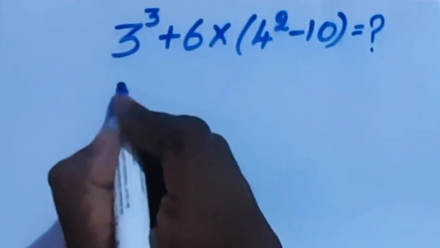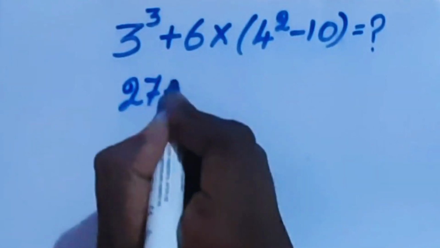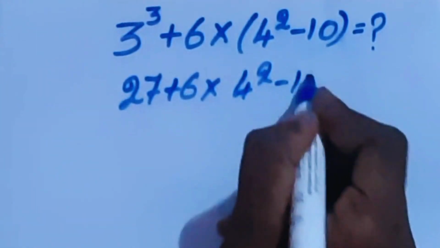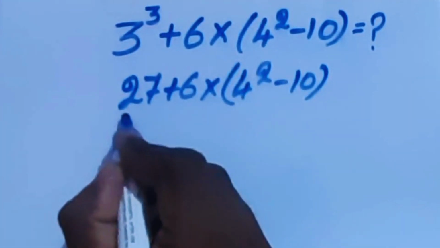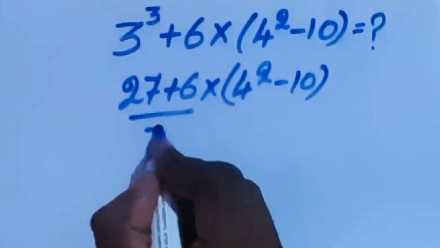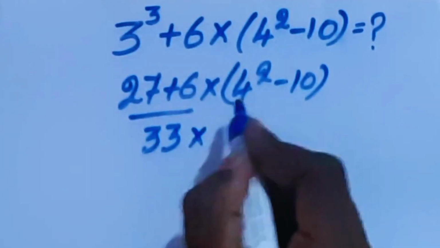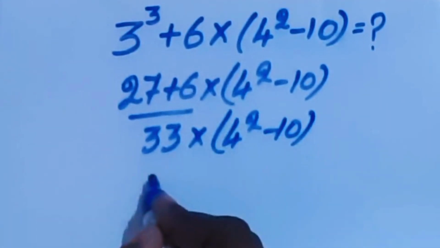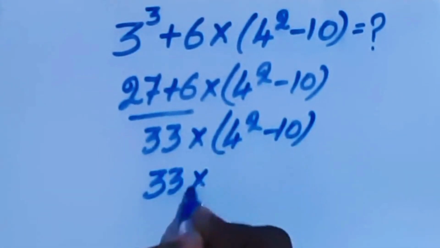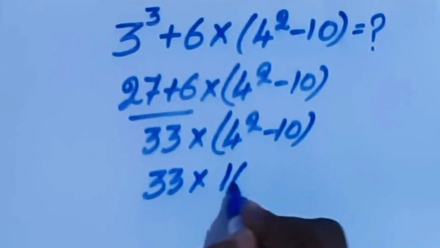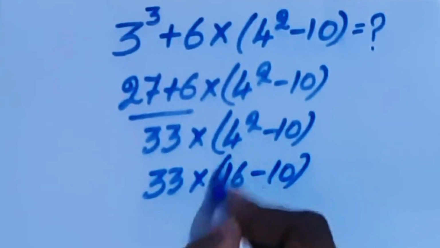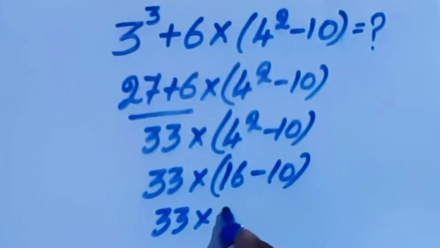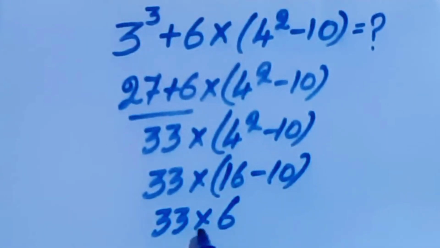I guess here 3 power 3 is 27 plus 6 times, here 4 power 2 minus 10 in bracket. Here 27 plus 6 is 33 times, here 4 power 2 minus 10 in bracket. Here 33 times, here 4 power 2 is 16 minus 10 in bracket. Here 33 times, here 16 minus 10 is 6. Here 33 times 6 is